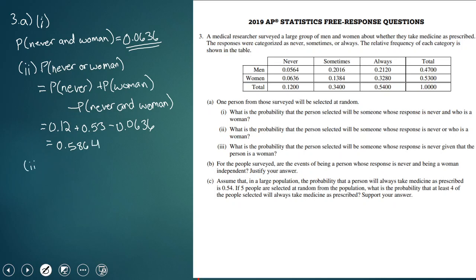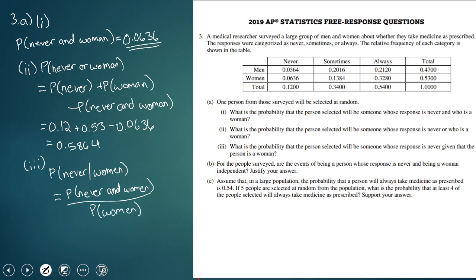Okay, and then part 3 also looks like a probability question. What is the probability that the person selected will be someone whose response is never, given that the person is a woman? So now we get into conditional probability. The probability that it is never, given that the subject is a woman, is equal to the probability of never and woman divided by the probability